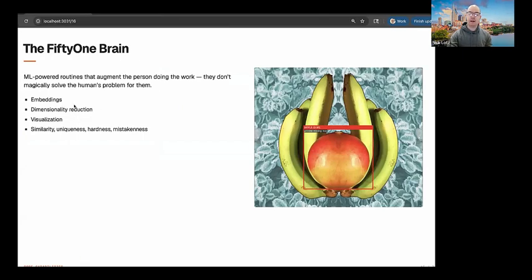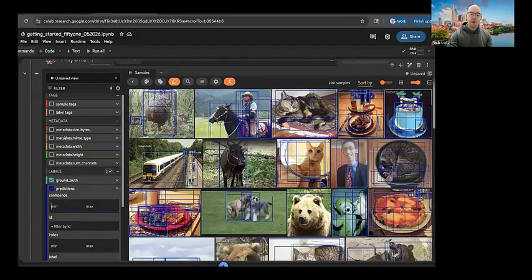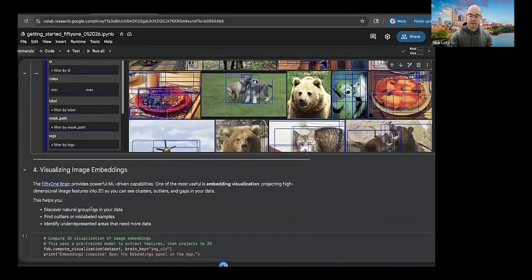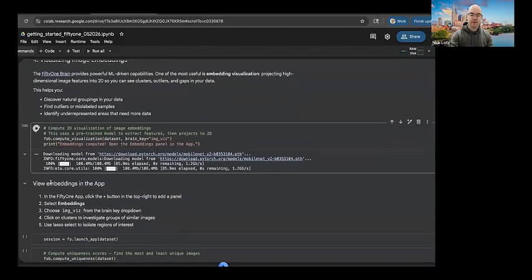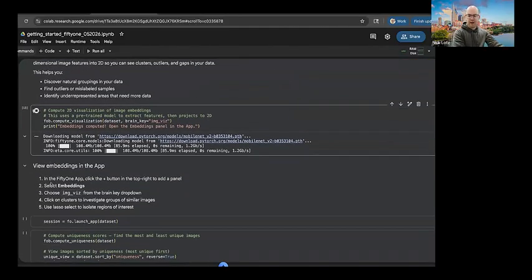So you might do things like compute the embedding space and visualize those embeddings as a cluster and compute things like similarity, uniqueness, and others. That allows us to use those 51 brain techniques I mentioned a moment ago. So that's where the 51 brain library kicks in. There's a built-in method called compute visualization that uses, I think, UMAP by default, but you can pass in any model or algorithm you choose that will compute the embedding space, and then we can visualize those embeddings in the app. Now, in this data set, the embeddings are going to be sample level embeddings at first,